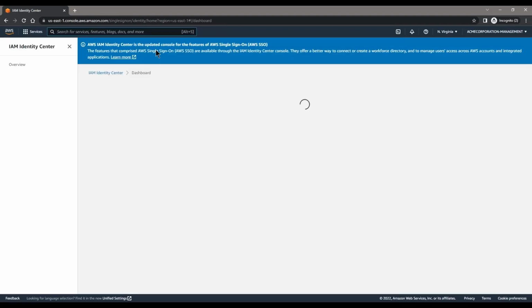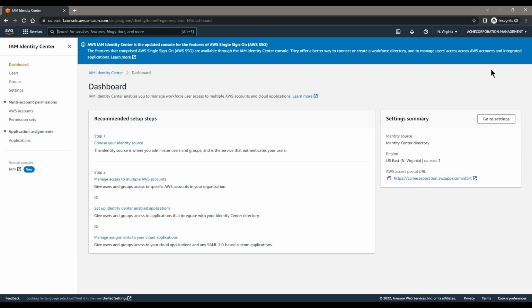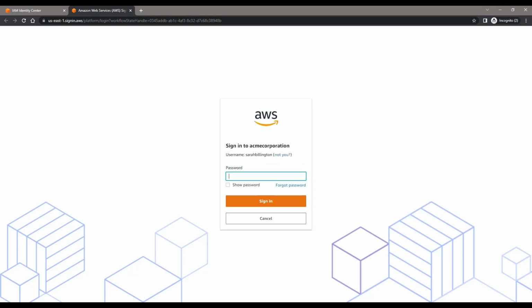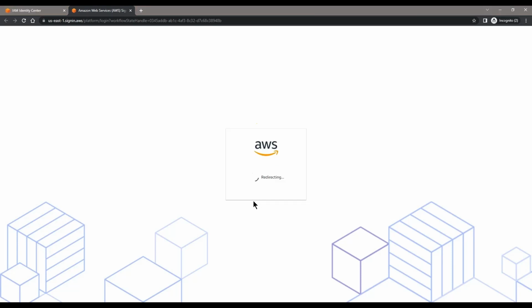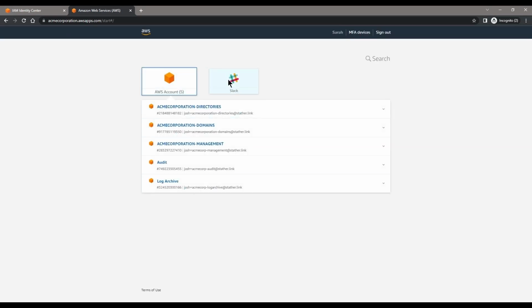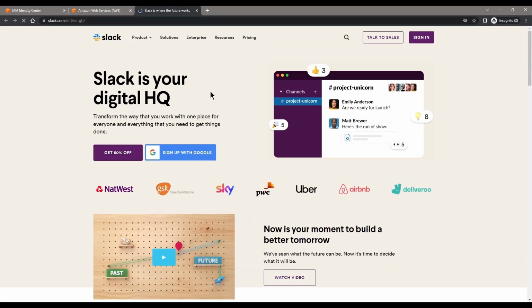So if we go back to our dashboard now and we open our single sign-on portal URL, so go to the bottom right corner of the dashboard and click that link. Okay, so it's going to ask us to sign in, so we can sign in with that Sarah Billington user. Put in the password as usual. And now you can see you have both the AWS accounts and Slack. Clicking Slack will sign us in and redirect to the Slack